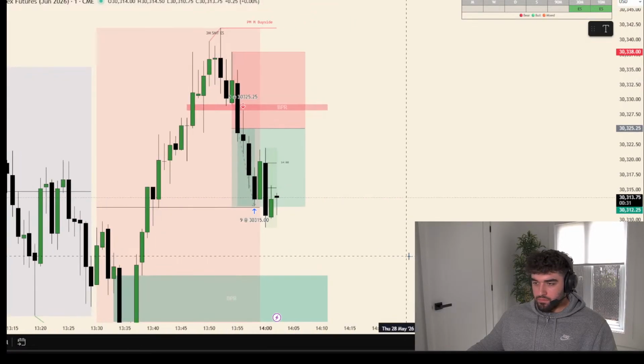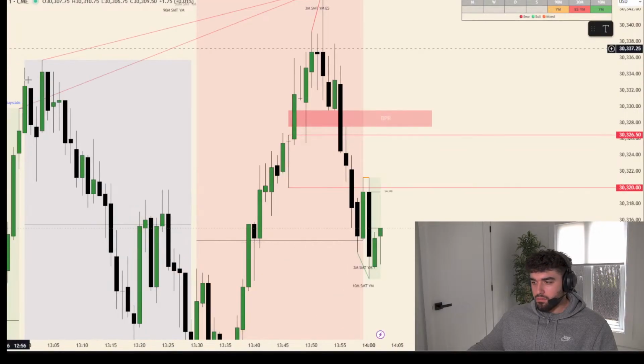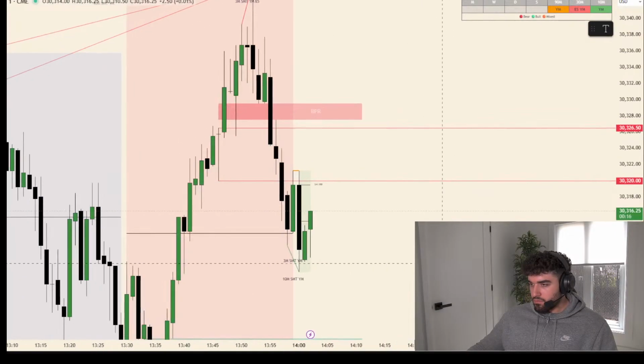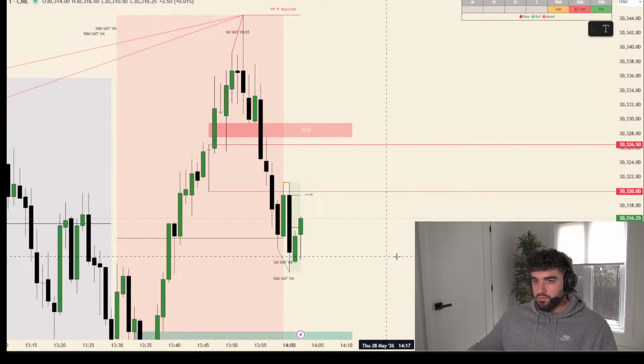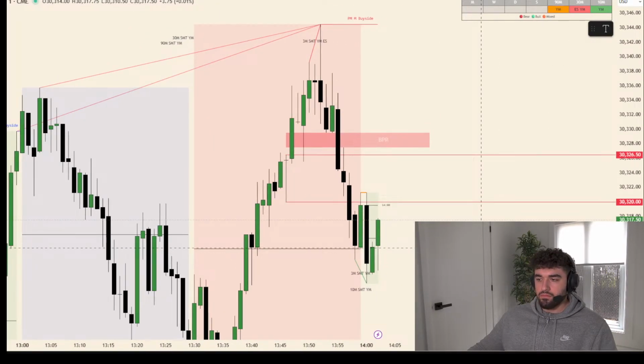I'll tell you what I would have looked for. I would have looked for a break of a swing low. So here's our first break and close below the swing low. After that, I want to see a break of an internal swing high for it to be an A plus trade. So we broke an internal swing high, but I am looking to go short.